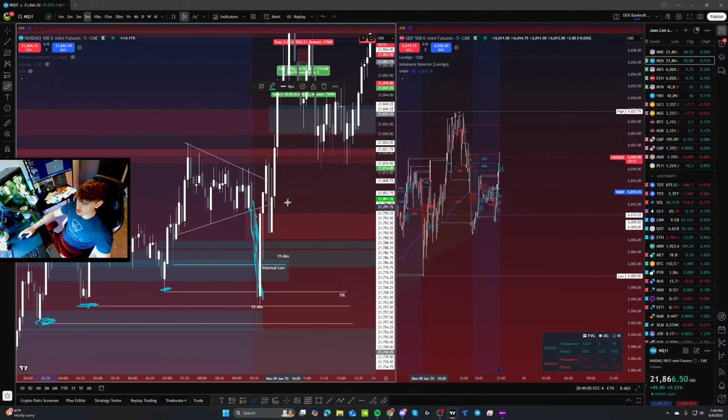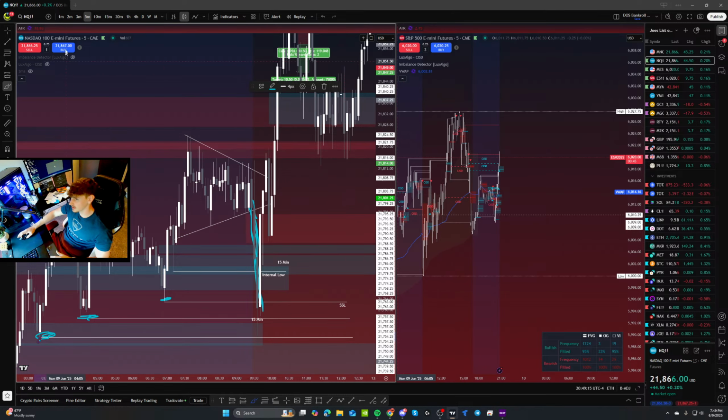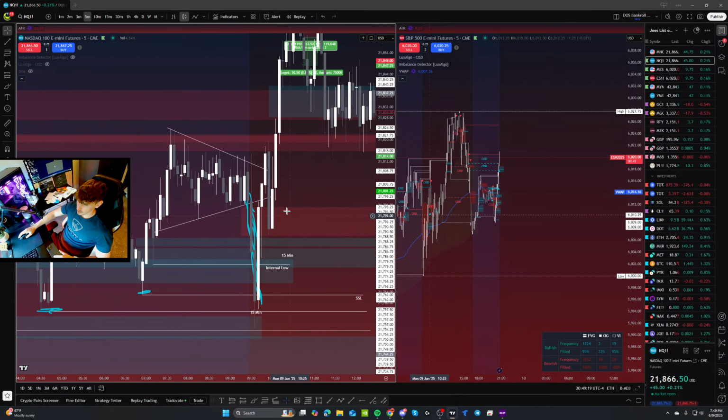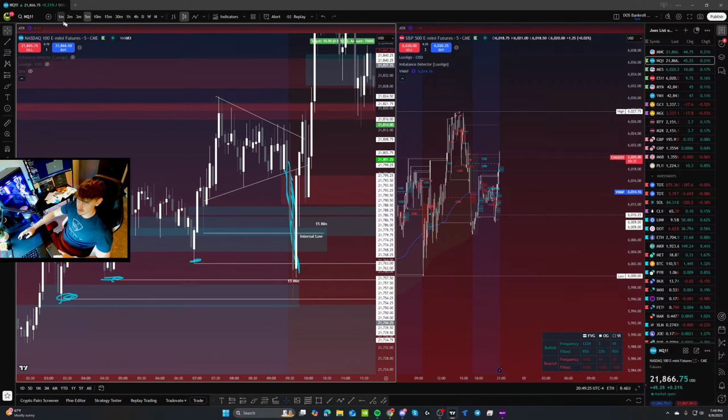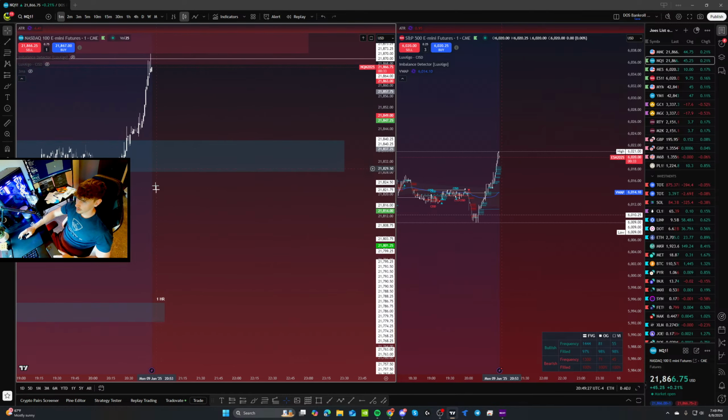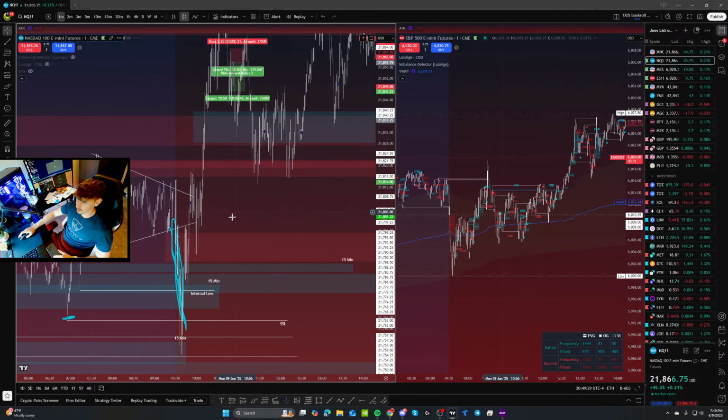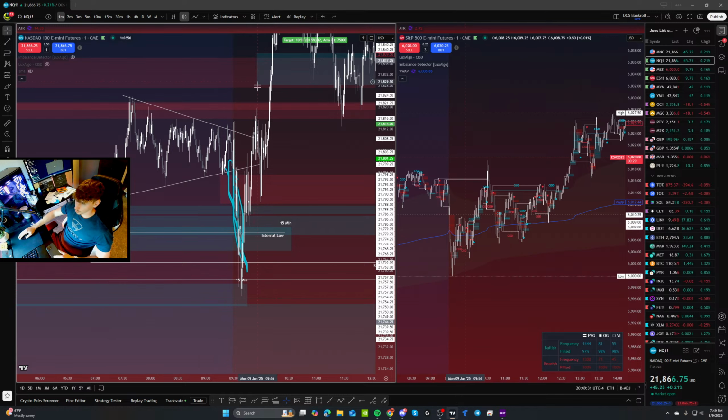So we got an SMT, we got accumulation, we got a manipulation, and this is one of the reasons why I was in a buy position. Okay, I guess technically on this trade I wasn't, but I tried to be. Technically I actually missed this one. Should have been in this trade. We got our clear manipulation downward and then accumulation just straight to the upside. You can see as soon as we grab these lows, we have very clear movement, just rocketing to the upside.